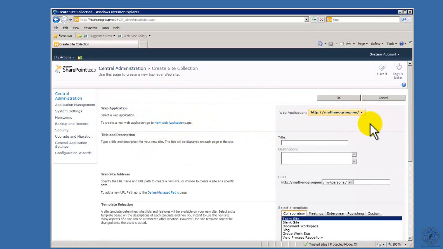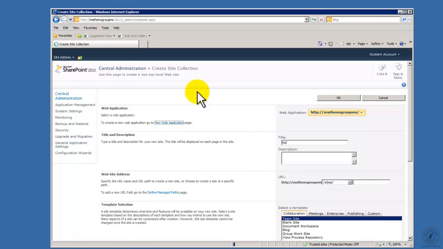Now, if I wanted to create another site collection down here, I would just give it a name, something like, I don't care. But you'll notice down here the URL is going to be either in personal or in the sites collection, because we already have a root site collection defined. As I create other collections, I would have to associate them as descendants off the root. If I did not want that, if I wanted to create a base collection, then I would have to come in and say new web application,